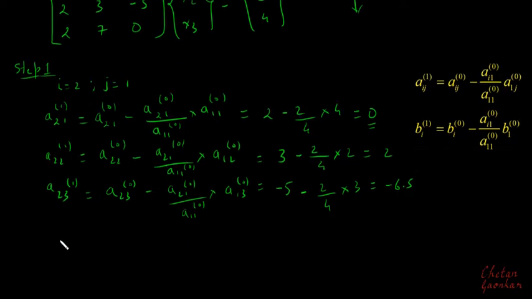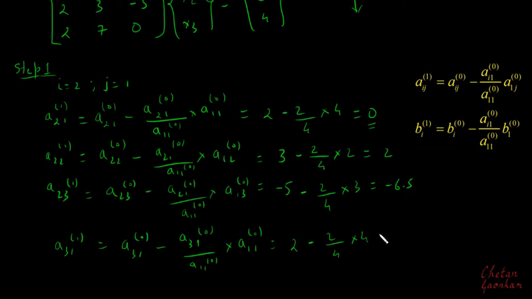And then similarly I will have to find the new values of this row. So that will be a31, right? So a31 new, the new element here, will be equal to a31 original, that is this value 2, minus a31 original divided by a11 original, multiplied by a11 original. So a31 original is 2, minus a31 original again 2 divided by 4 multiplied by 4, so this will again be equal to 0, right? Basically I should get this 0 if I use this. That is what we are trying to do.